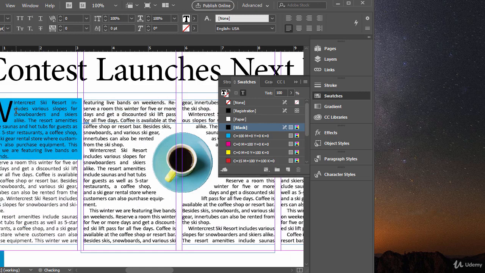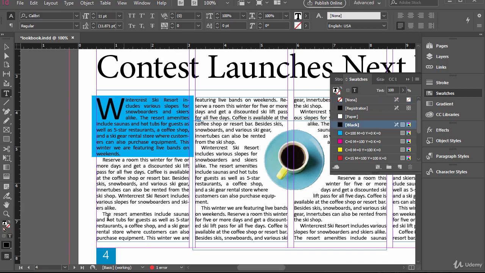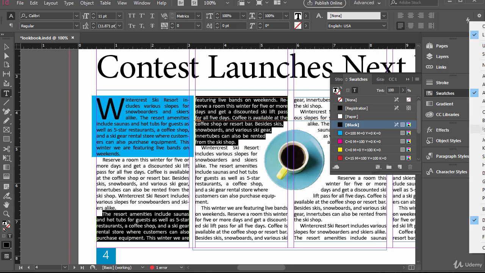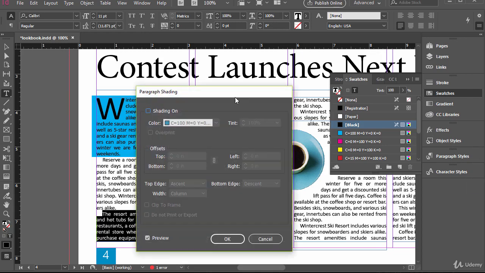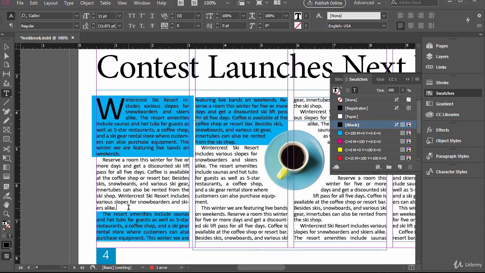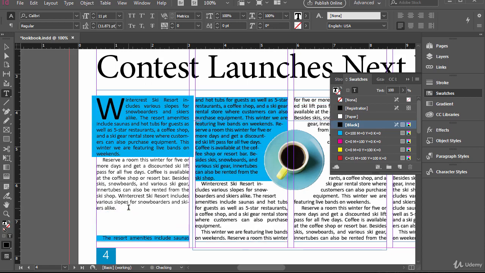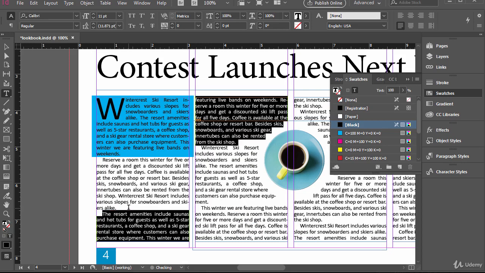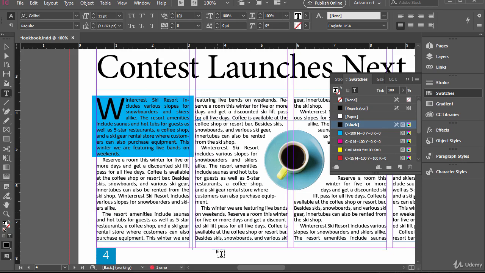Now it's also aligned at the top there, so if we did this in the middle, for example, let's add to this paragraph here. Let's go back to the paragraph shading, and for this one, it's selected, so it looks a little bit different. Let's go ahead and press OK. And now if I press enter, as we can see, it stays with that paragraph. So I'm going to undo that effect for the second paragraph and just keep this one so it highlights it,